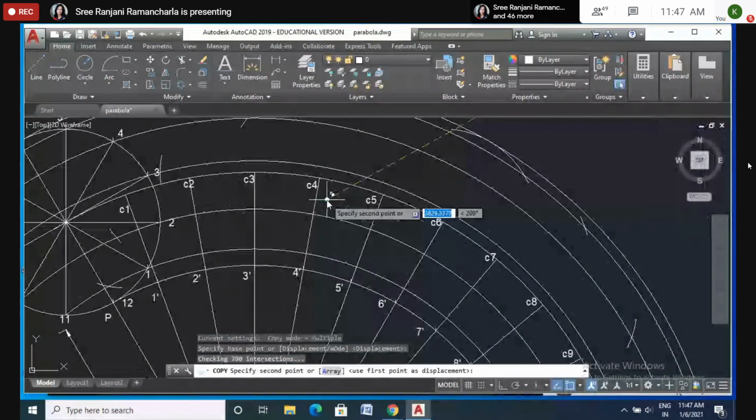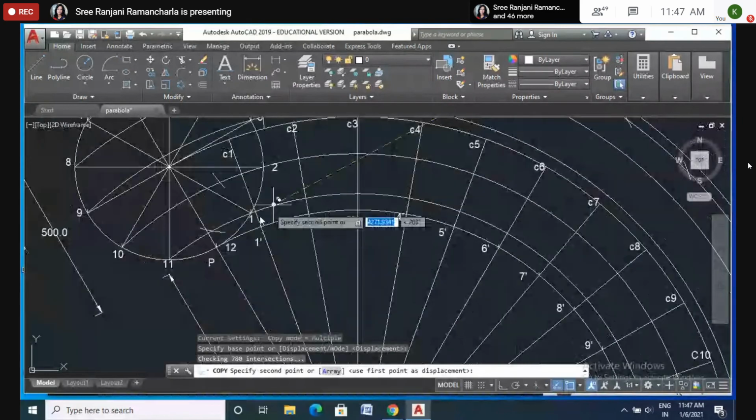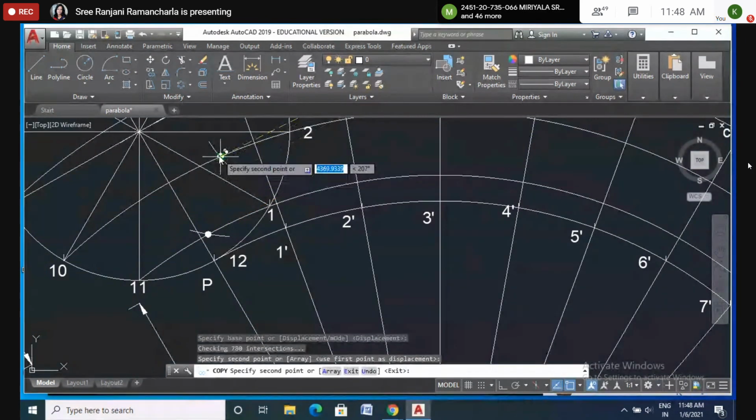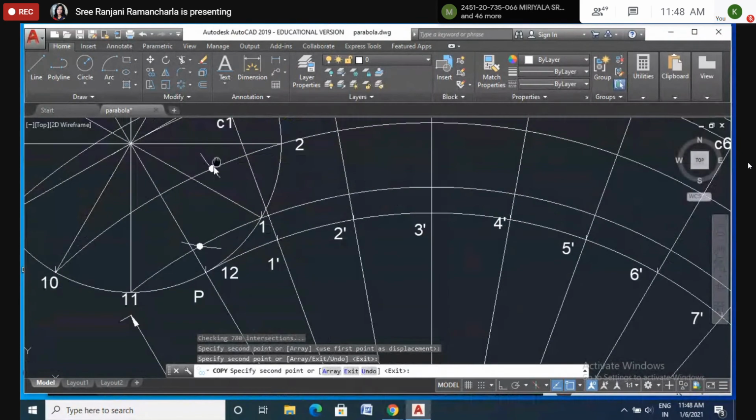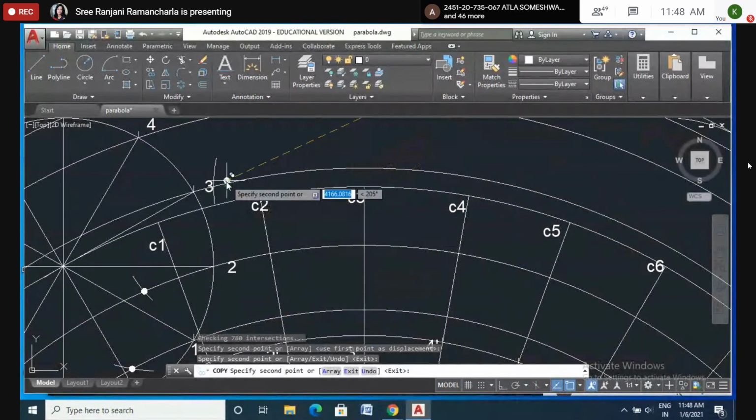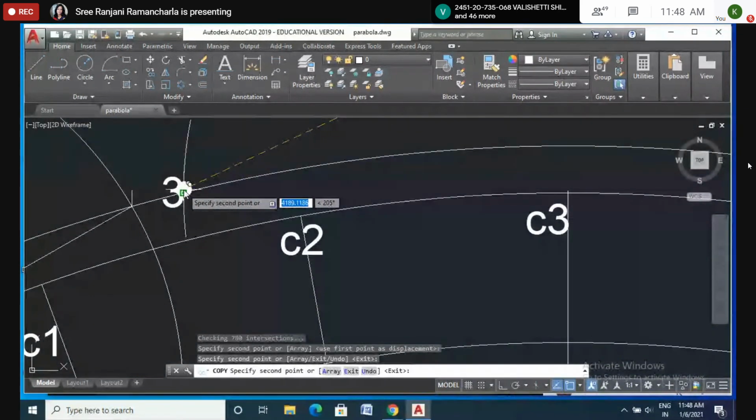Now I want to put a point on each intersection here, this point. So exactly it showed the cross mark. So it is the intersection of that point. Here many symbols will show, like a triangle and a square. What those are, I will tell at the time when we are doing AutoCAD commands. But it should show the cross mark. Then it is a point exactly at the intersection. So here there is a little bit something. Please be careful at points like these.